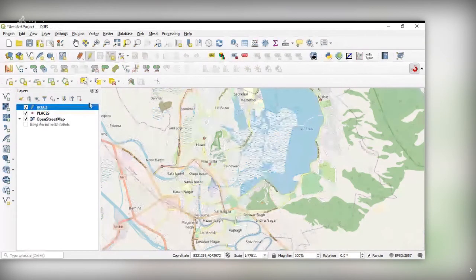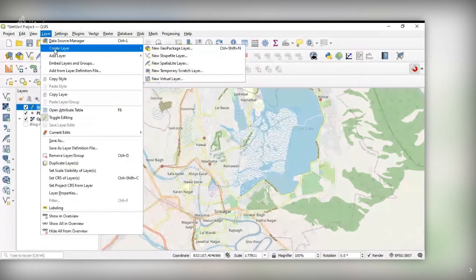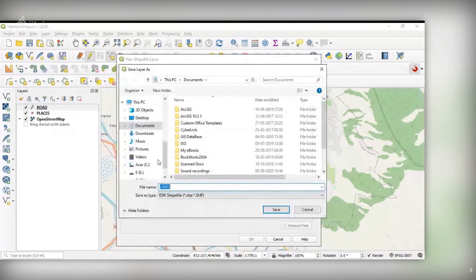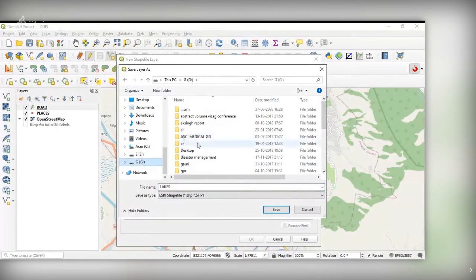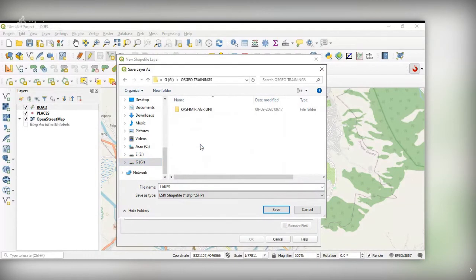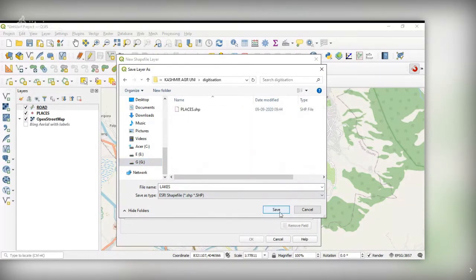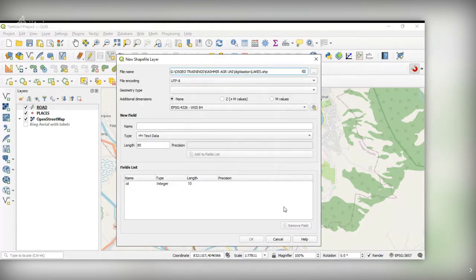Again, third one is your create layer and new shapefile. Here I am taking as lakes. Same thing.